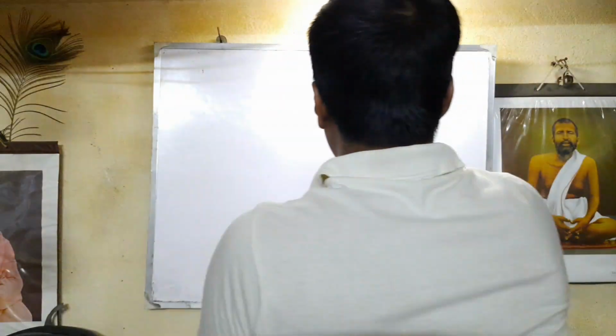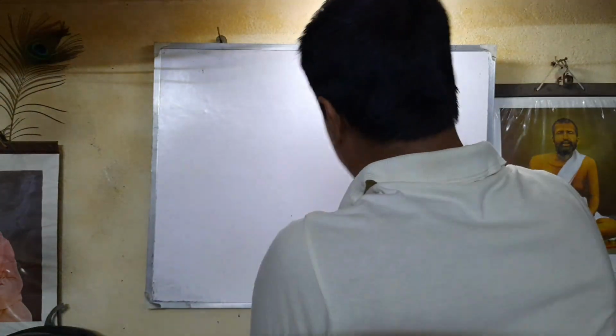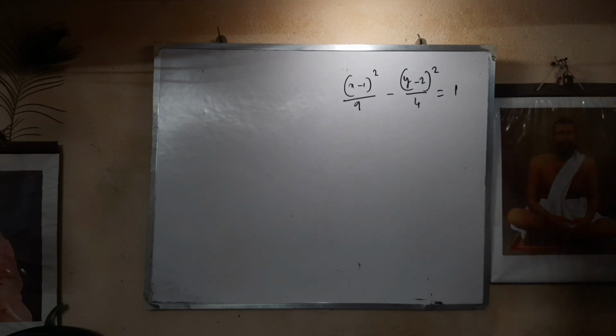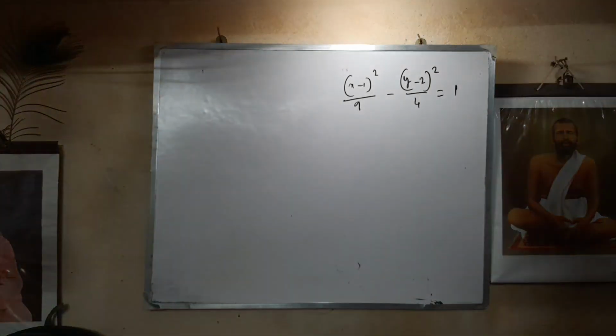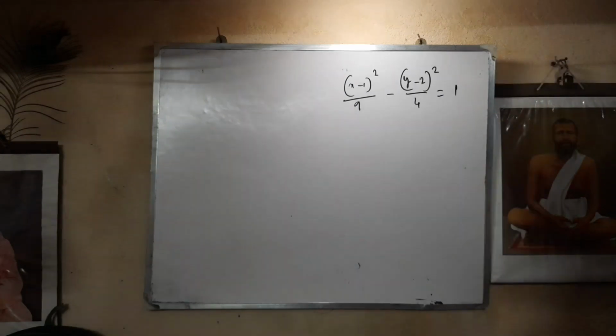Let the equation of a curve be given by (x minus 1) square by 9 minus (y minus 2) square by 4 equals to 1. Okay. So the axis of this hyperbola,